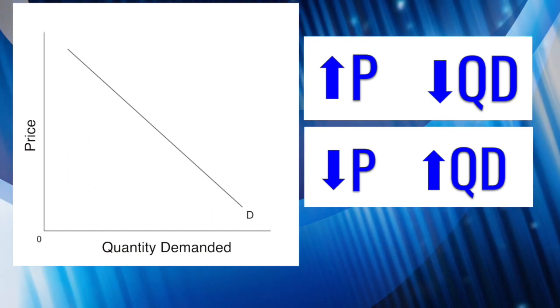Now that kind of makes sense. When we're looking to buy things and we realize that something is on sale, we're more likely to buy it. Why? Because it's cheaper. When the price of something goes sky high, we're less likely to buy it, primarily because people don't want to pay that much for that particular item. So when we look at the law of demand, that basically states that at a high price, people are not going to buy as much, and at a low price, people are going to want to buy more.